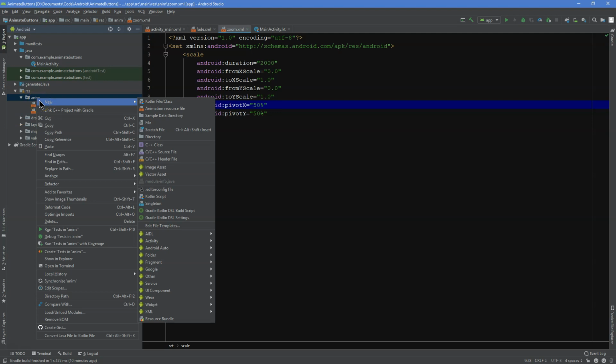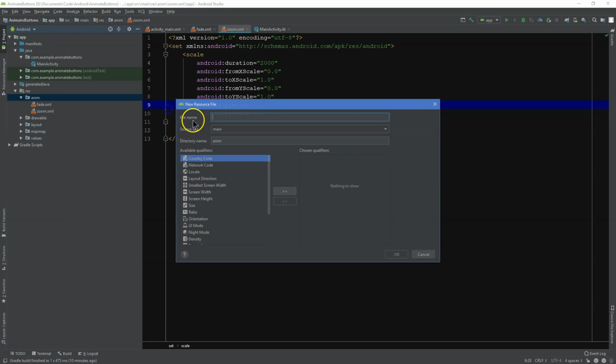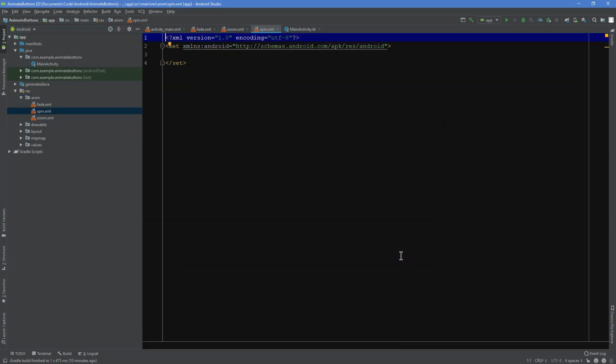And now let's go on to our next animation. I'm going to go ahead and do spin, which was next on our list. And here we are. And again, these are really short little animation files, but you do need them separate. You need them in their own XML, and you want to have them in an animation folder like I do, an anim folder, I guess. Okay. And now that we're working on spin,